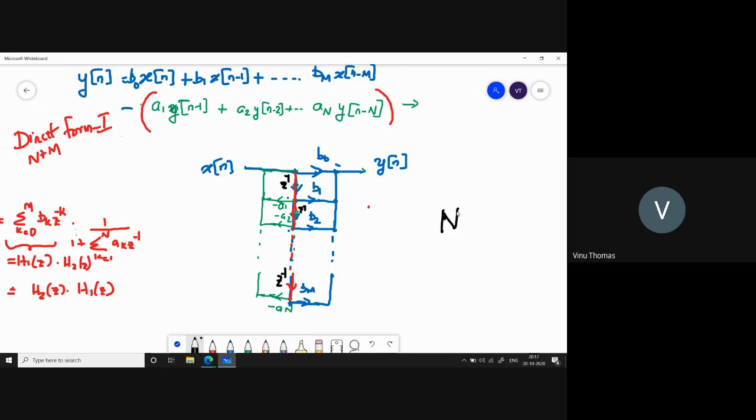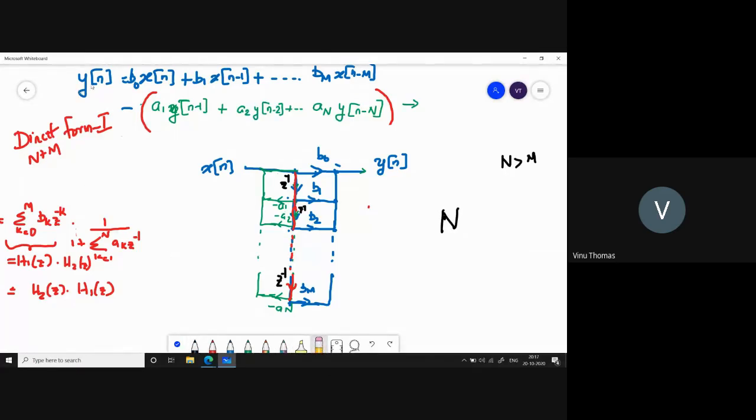Where n is the power of z raised to minus 1 in the denominator. And you see that in general you require n to be greater than m. Let us say we fix an upper value for m as equal to n. So in this example, you have taken m to be equal to n. So here you require only n memory locations, whereas for the previous example, you required how many locations? n plus m locations. Here you require only n locations, right?